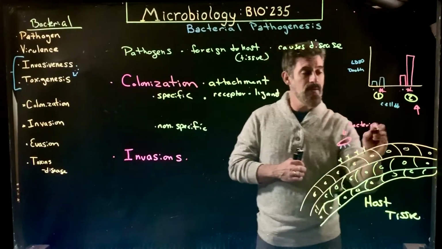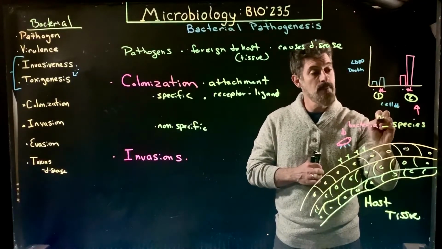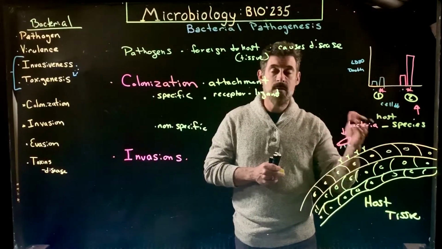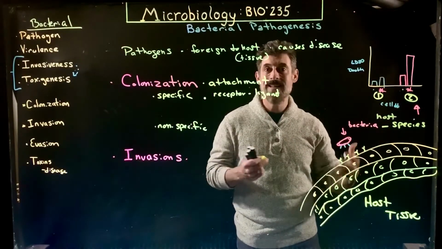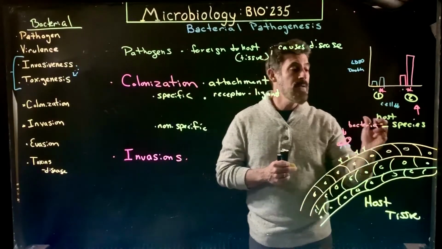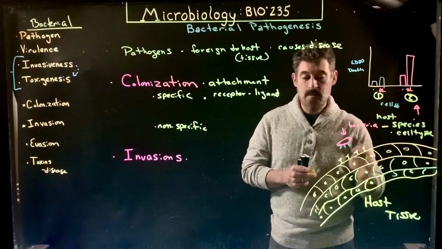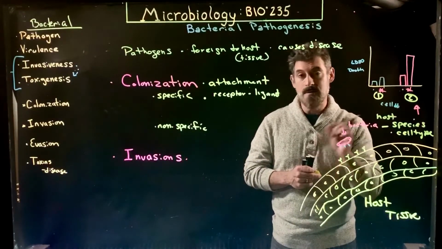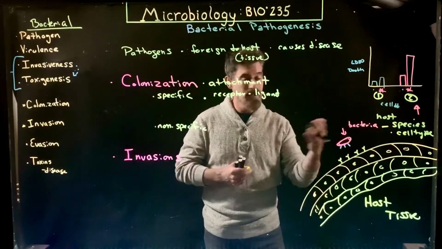Now, this is specific usually on the species level. So I'm talking about the host species. Certain bacteria will attach to these receptors in certain species of organisms, but not others. If others don't have that particular receptor, the bacteria cannot attach to the surface of the cells. In addition to that, it can be even cell type specific. So the bacteria may only attach to certain types of cells. They may not attach to certain cells in your skin, but they might attach to other types of cells. And then those are the ones that they'll begin this process with.